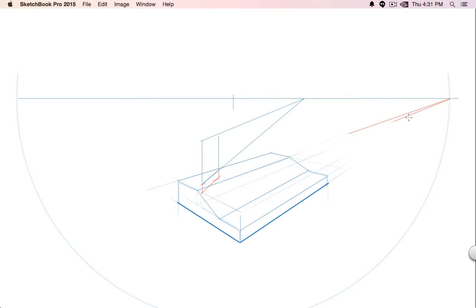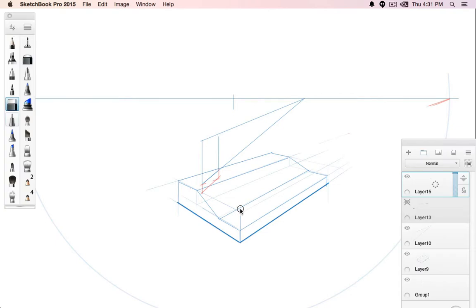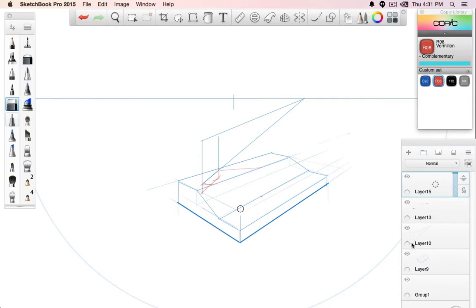There. Okay, good. So let's dim this down a little bit. Perfect. Okay, let's go back to our ruler tool. So now I can go to here and make a line,